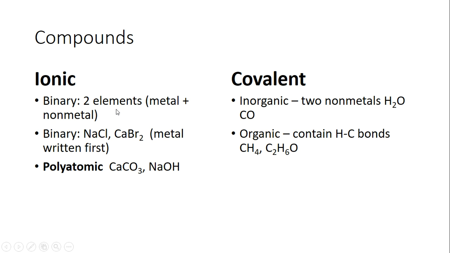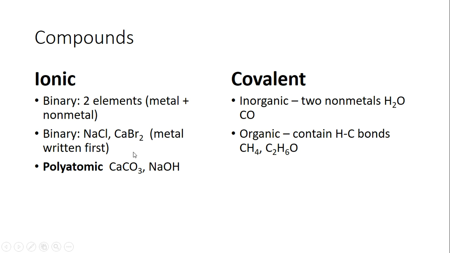Okay, binary ionic compounds are made of two elements, a metal and a nonmetal. So sodium and chloride, or barium and bromide. So even though there's three atoms here, one calcium and two bromos, we still say it's binary because only two